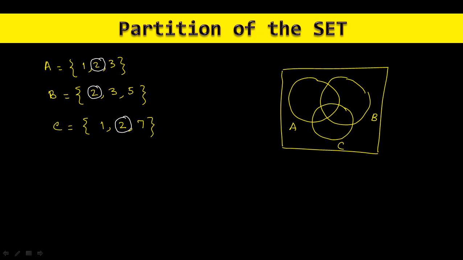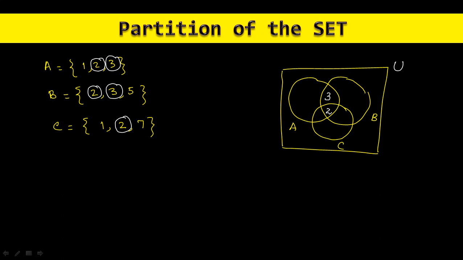First of all, I have to represent this element here because this part is common to all the 3 sets. This one is the universal set. Now, what are the elements common inside A and B? 3 is common. It means I have to write it here because this part is common to A and B.